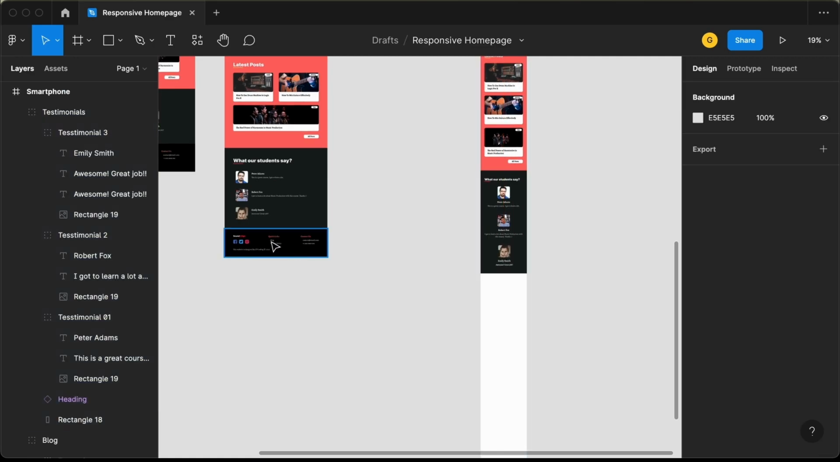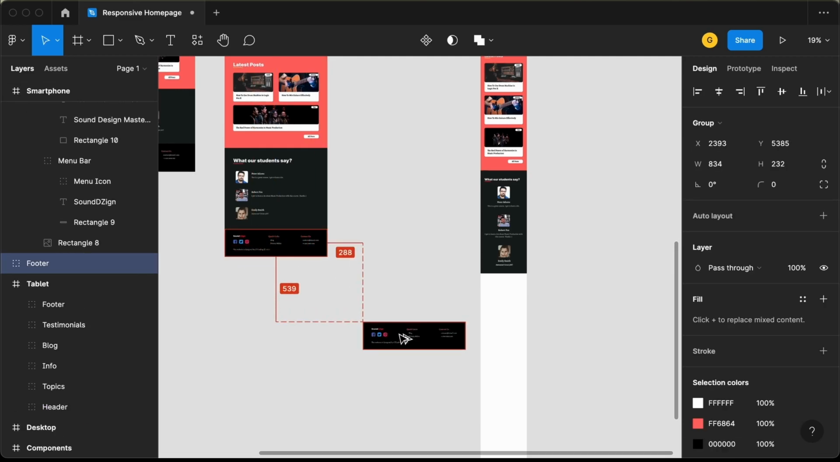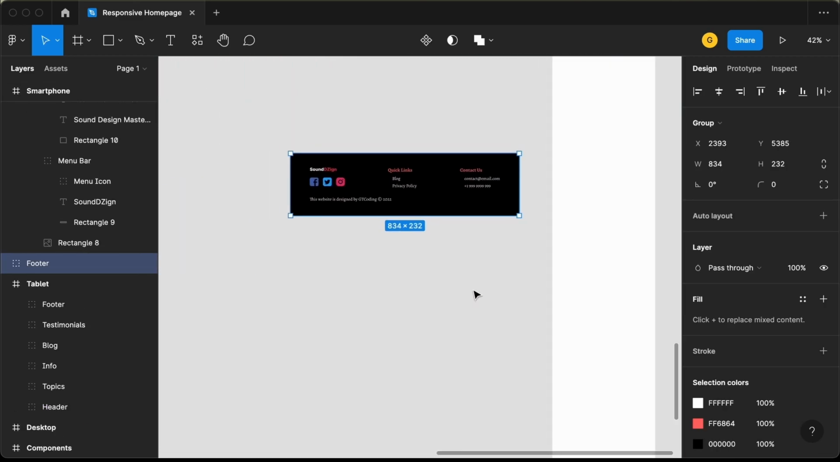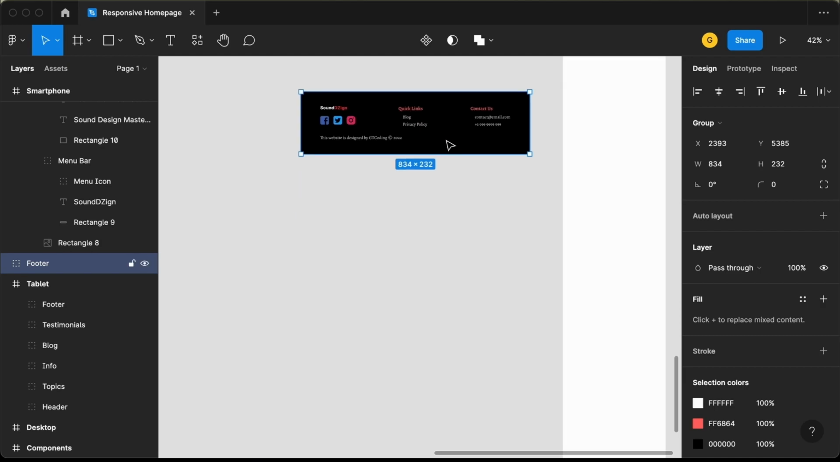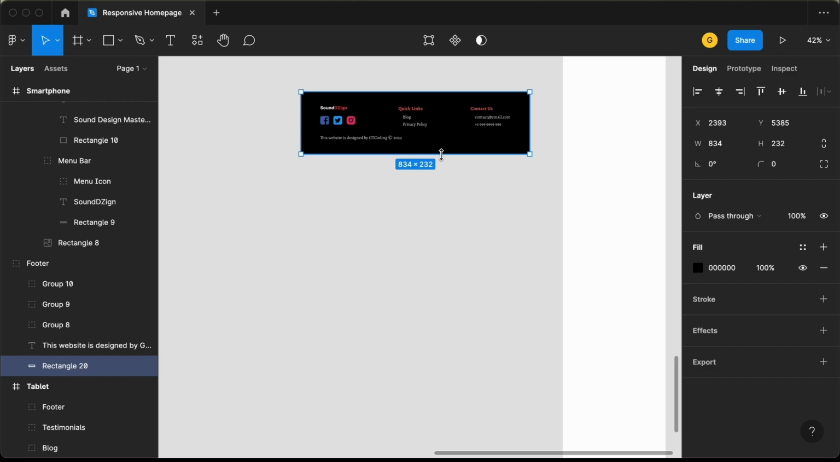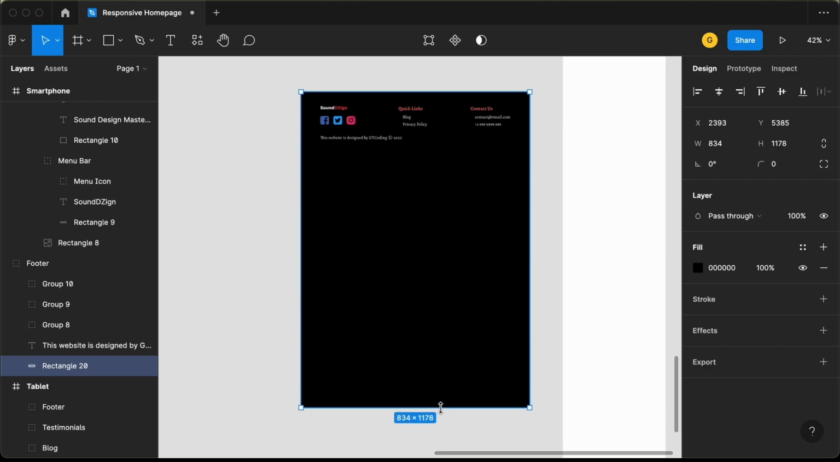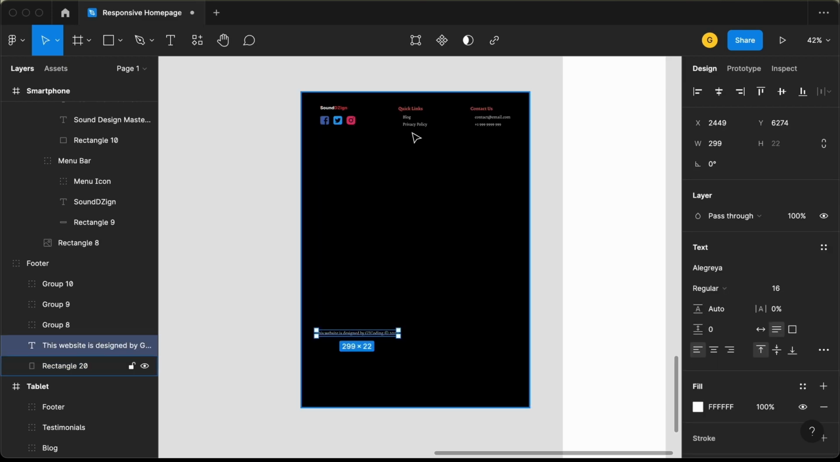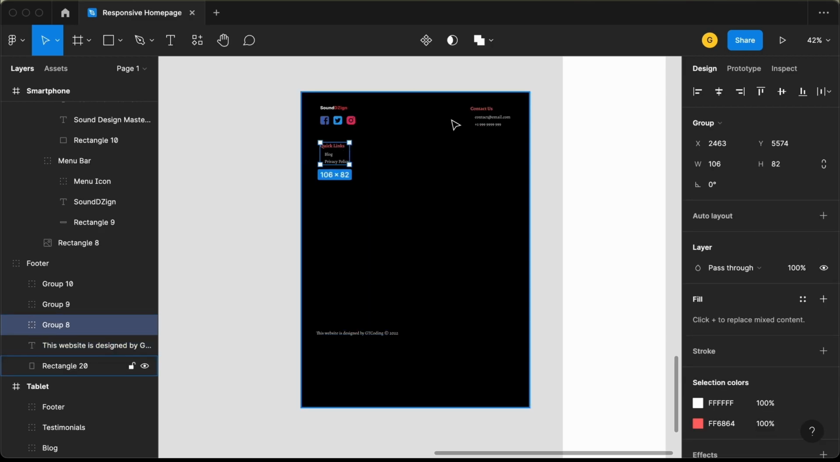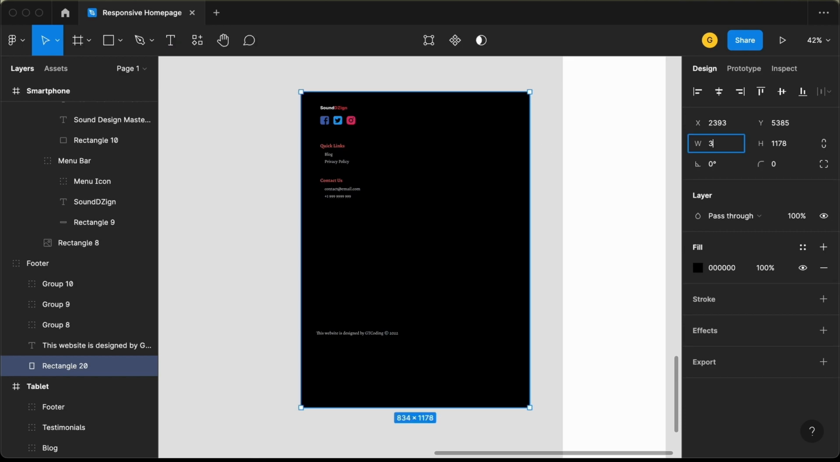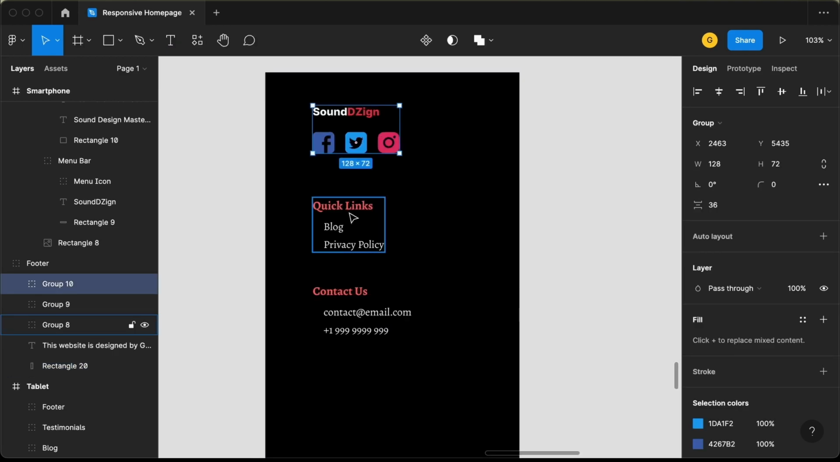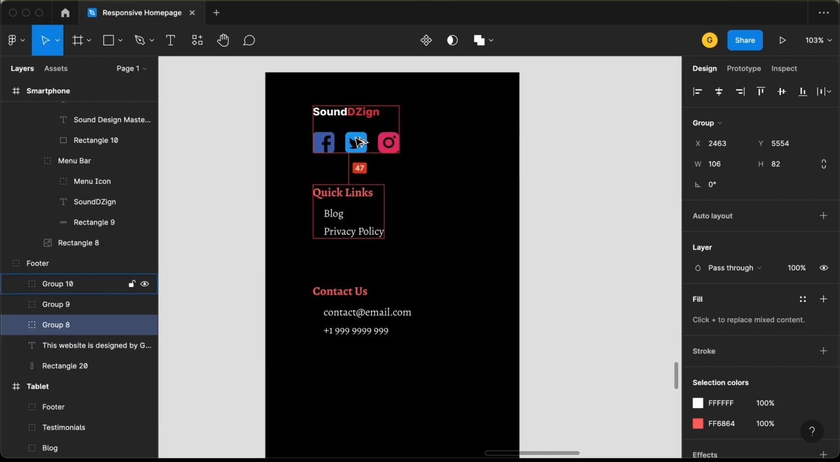Now the last thing we need to add is this footer, so let's drag it over here, and for the footer we need to have all these elements one below the other. So let's double click on this rectangle, and let's increase the height, and let's bring these elements to the left. First of all, let's bring this text to the bottom, and let's bring these elements to the left, and let's also set the width of this to 375, and we will have a gap of 40 pixels,